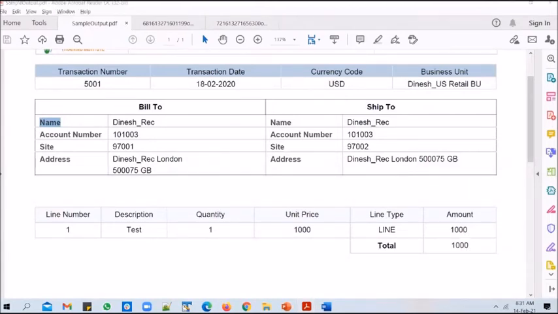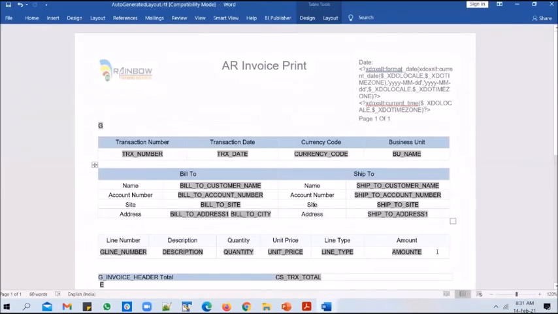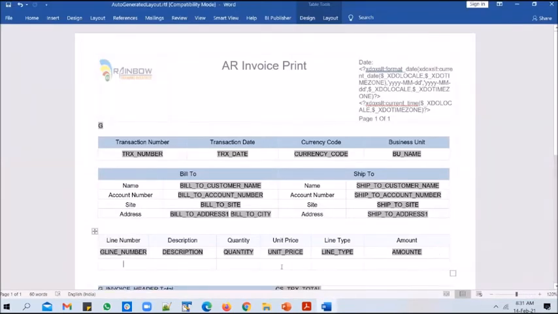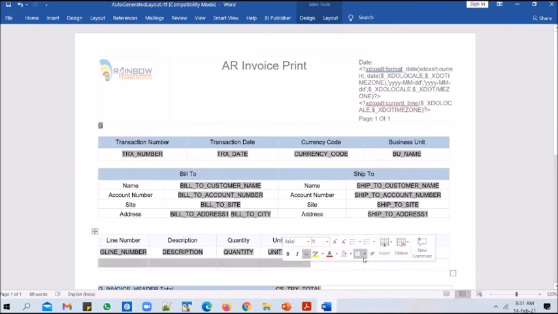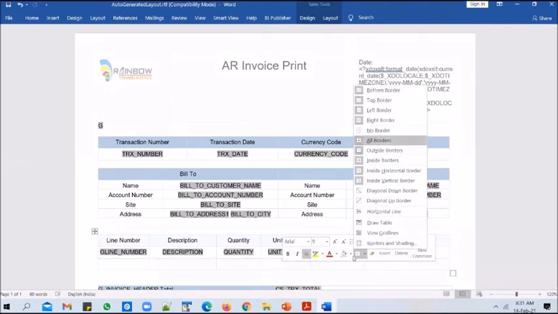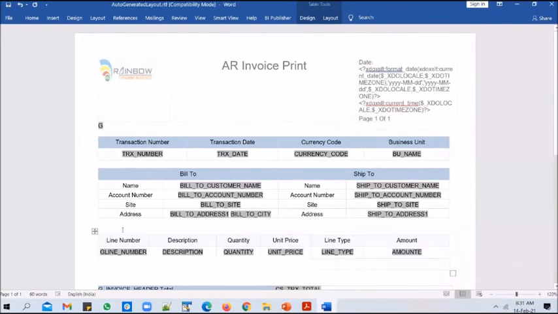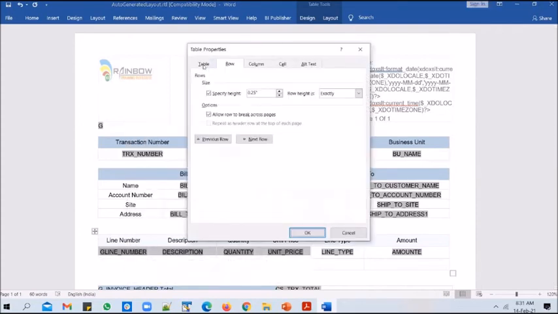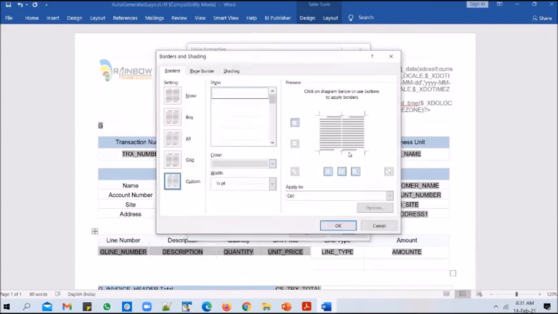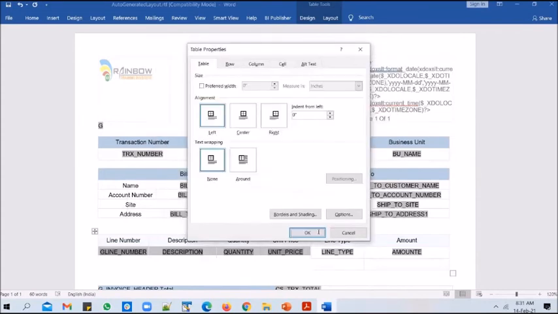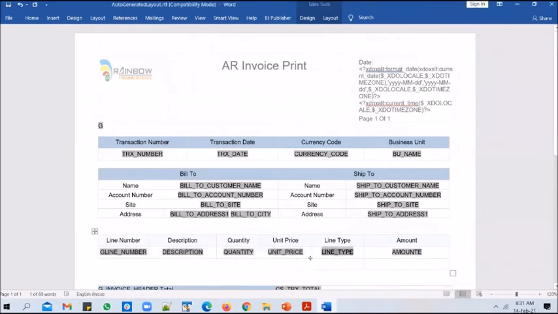So let's add in another row onto the Word document after the line section, and let's call it total. So we select all these columns, and we hide the borders. We don't need them. And only for this particular cell, or instead of hiding all the borders, you can hide all the borders, and for this row alone, you can enable table properties, and you can enable the bottom border. Click OK, and that should put the border back on the table on this particular row.